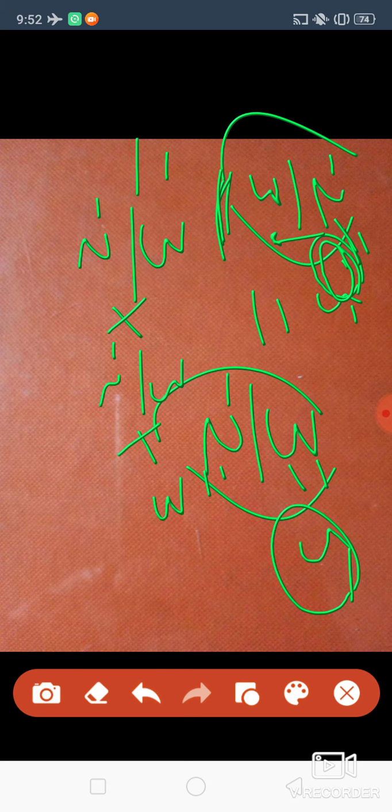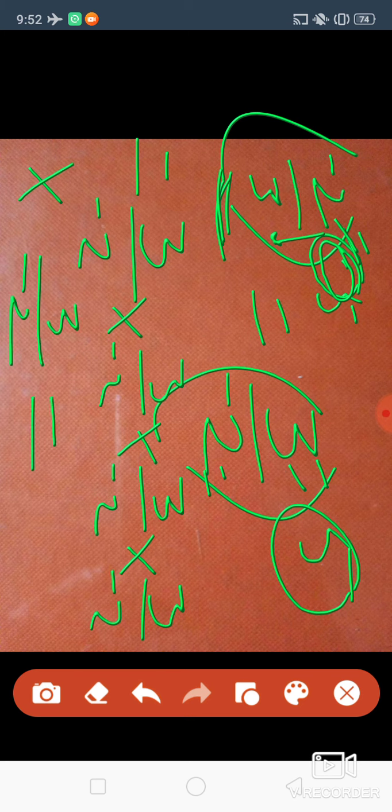So what we have to do? This 3 will go into numerator and minus 2 will come into denominator. Now this minus 5 will become plus 5. Now solve the next part. So 3 by minus 2 to the power 5. So what we have to do? Exponent is 5, so we'll multiply 5 times. 3 by minus 2 into 3 by minus 2 into 3 by minus 2 into 3 by minus 2 into 3 by minus 2. So finally what answer we'll get?